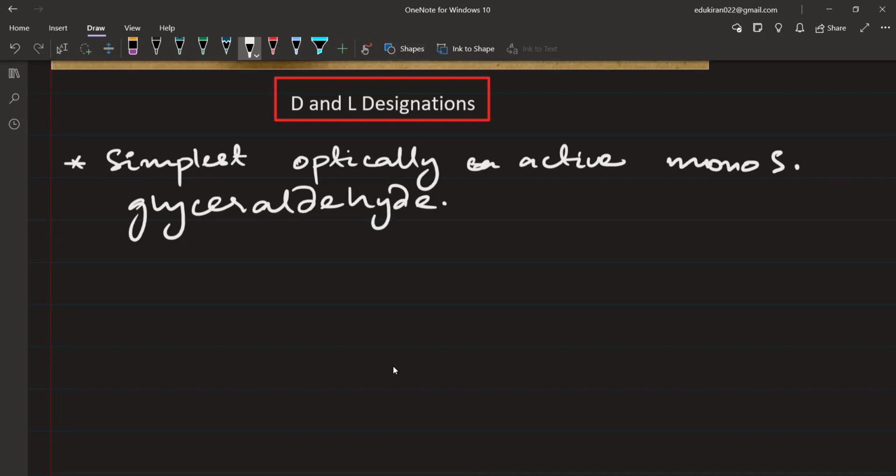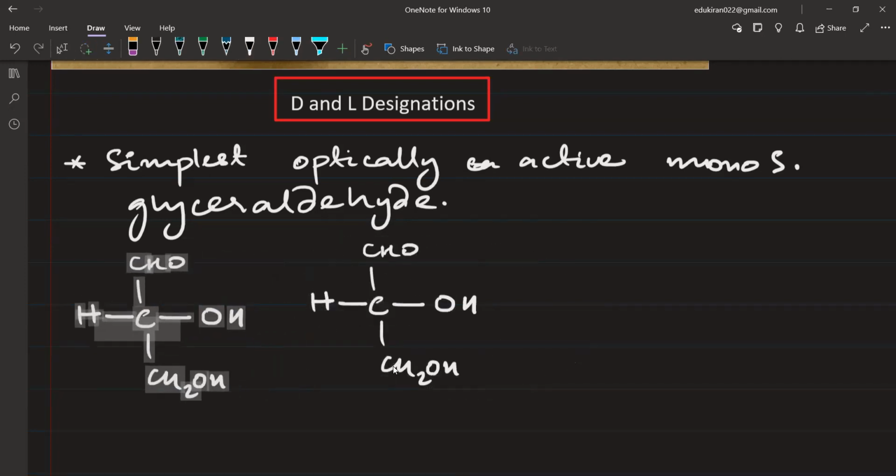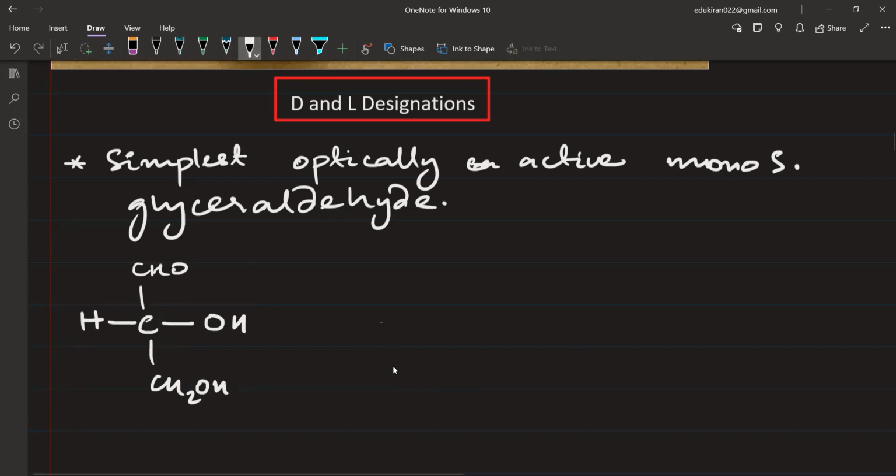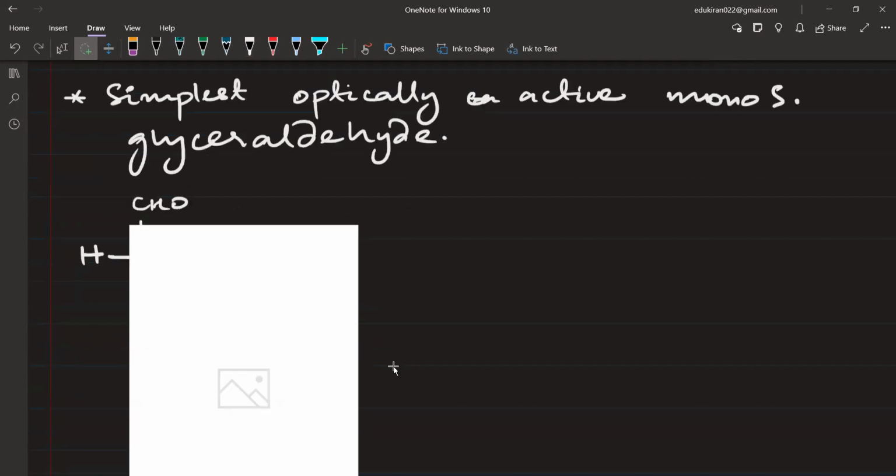This has one CHO, then it has one carbon atom, then it has CH2OH, and यहाँ पे आपके पास क्या है? OH, and this is your hydrogen. This is naturally occurring, and सबसे पहले जब इसको extract किया गया था, we saw that this carbon atom is a chiral carbon because it has 4 different groups attached to it. यहाँ पे आपके पास 2 कॉन्फ़िगरेशन हो सकते हैं इसके, या तो ये एक कॉन्फ़िगरेशन हो सकता है, दूसरा सेम थिंग बट इसका मिरर इमेज।